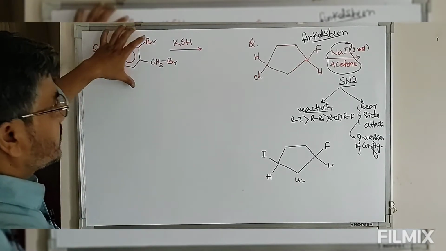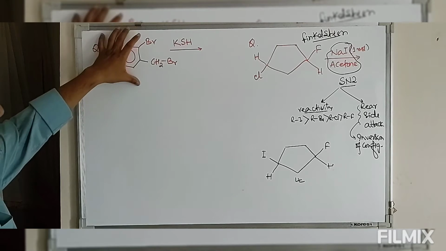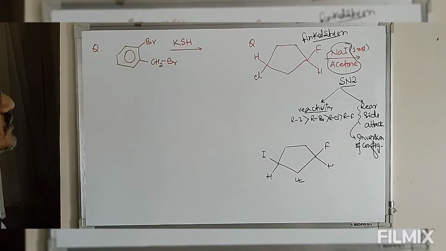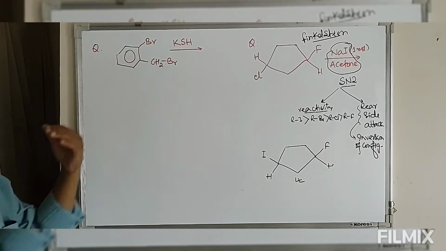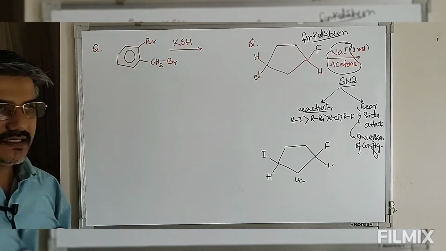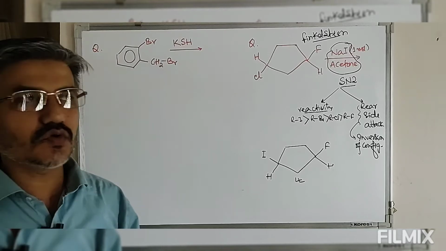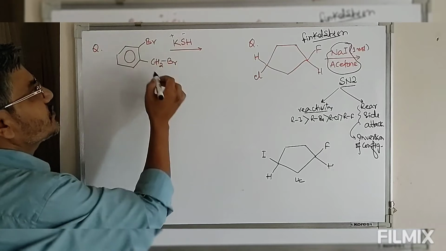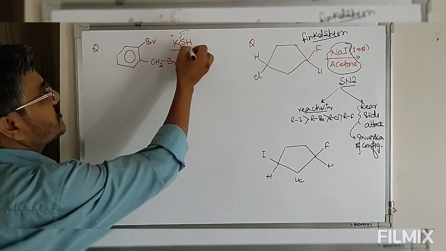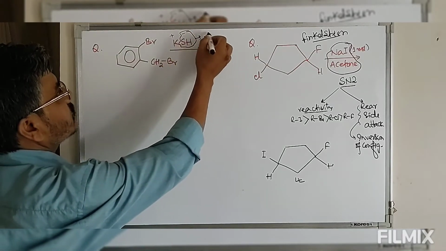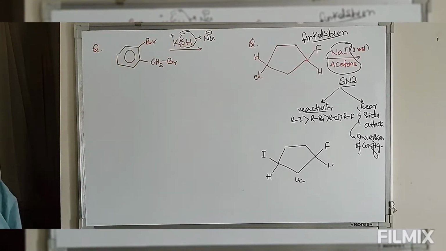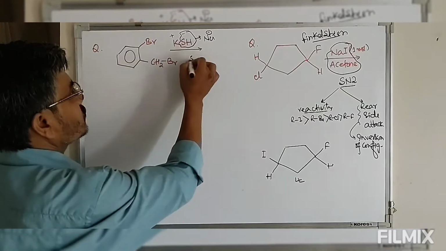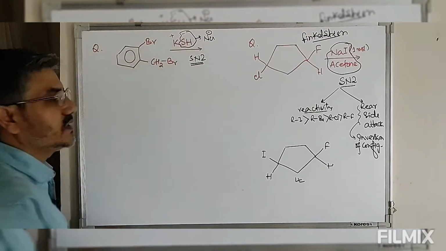So the next problem is, we have this halogen substituted hydrocarbon, which now reacts with potassium hydrogen sulfide. So first, let's take it. We have a reagent given; we have to see whether this reagent is basic or a nucleophile. So we have K plus SH minus. This SH minus is a good nucleophile. So we have a strong nucleophile. In the presence of a strong nucleophile, the reaction has to be bimolecular substitution. So we have this bimolecular substitution reaction.